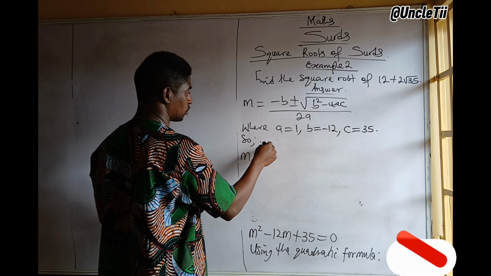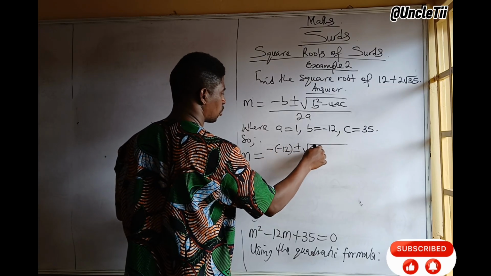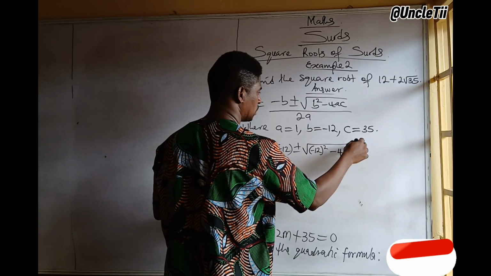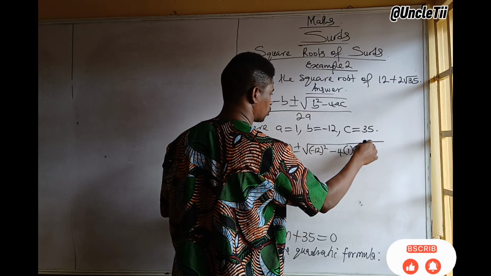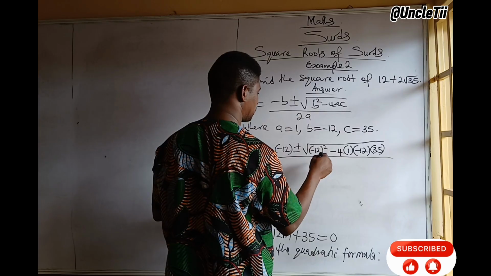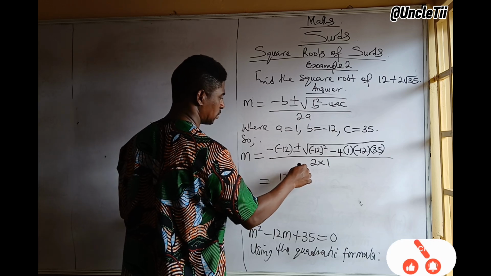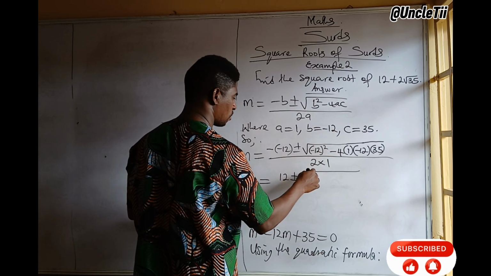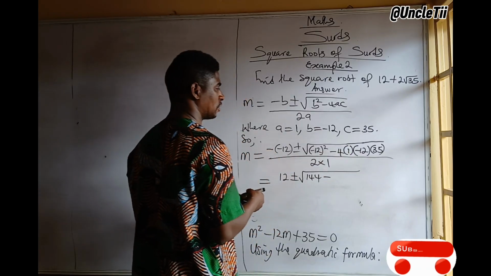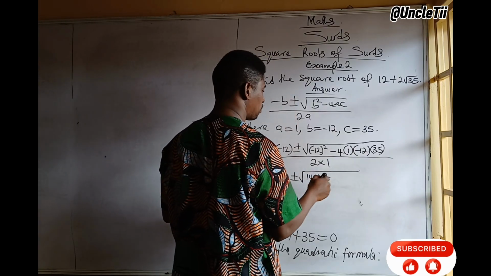So m is equal to minus minus 12 plus or minus the square root of minus 12 squared minus 4 times a, which is 1, times c, which is 35, divided by 2 times a, which is 2 times 1, equal to 12 plus or minus the square root of minus 12 squared, which is 144, minus 4 times 1 times 35